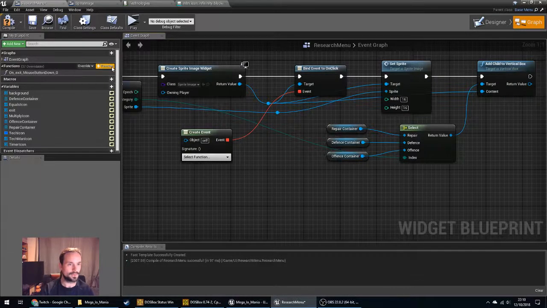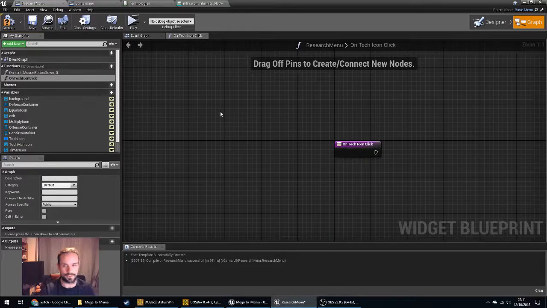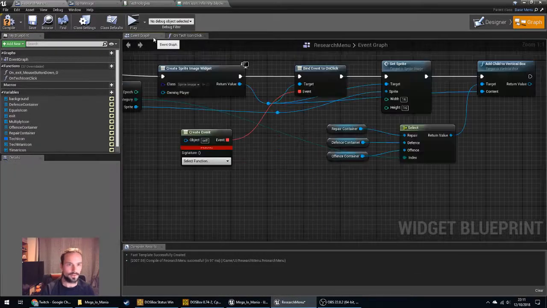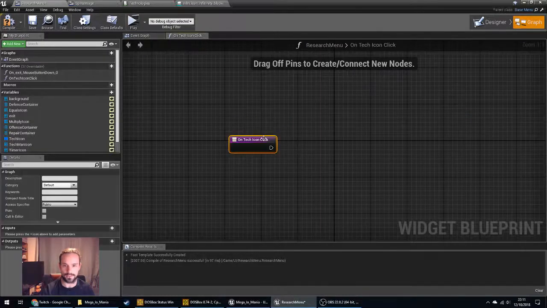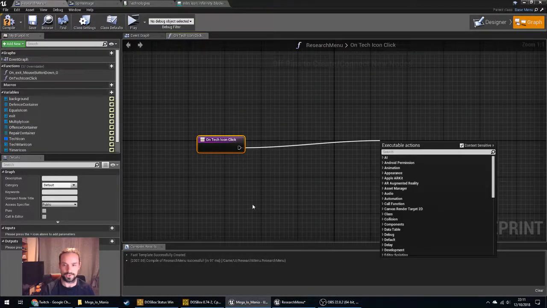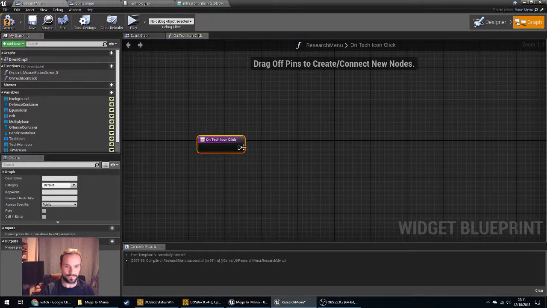Let's see. If we create a new function on tech image click, icon click, no inputs. So yeah, we can do that, but we wouldn't know what we've just clicked on if we did it like that. So we definitely need to know what we've clicked on. So we're going to have an input, and the input's going to